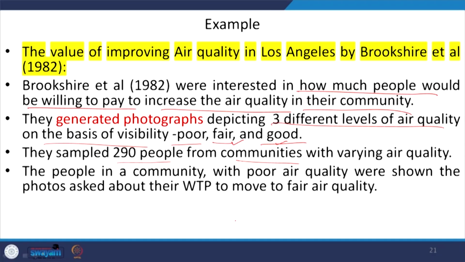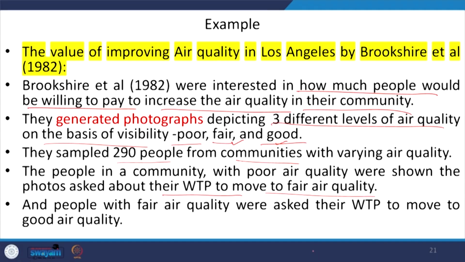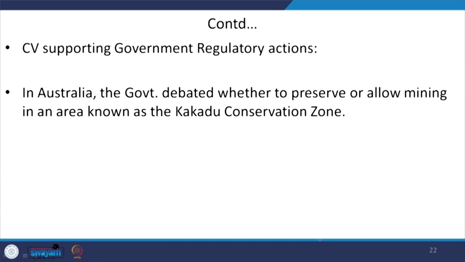And then they were asked about their willingness to pay if they are interested to move to fair air quality. And likewise, the communities who are having fair air quality were asked their willingness to pay if they are interested to move to the good air quality. In this way they try to value how much the respondents are willing to pay in order to have improved